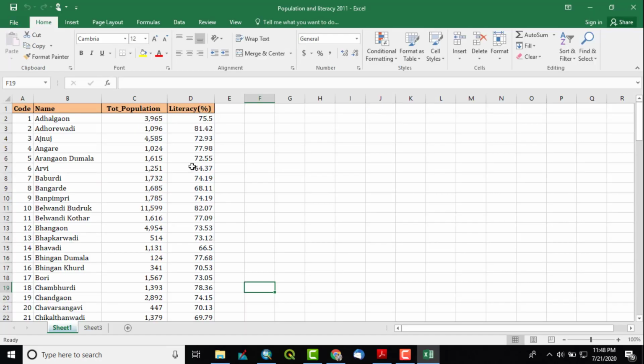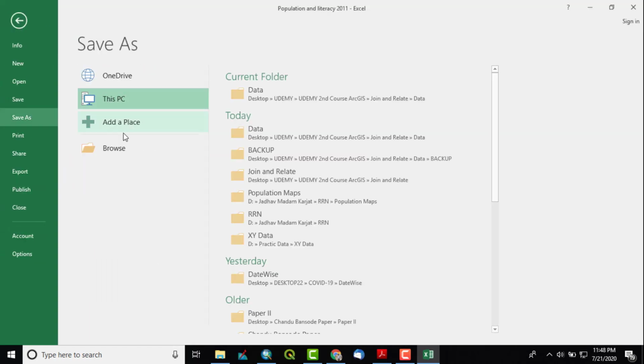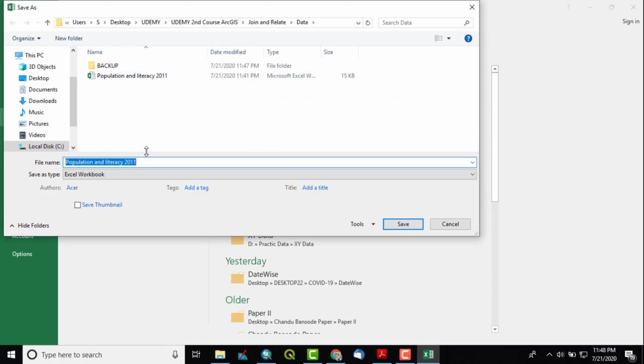So I will open it first and simply go to File, click on Save As, browse to the folder in which that particular file is, where we want to save our file. I will just change the name and write CSV there, so as to differentiate from the previous one.